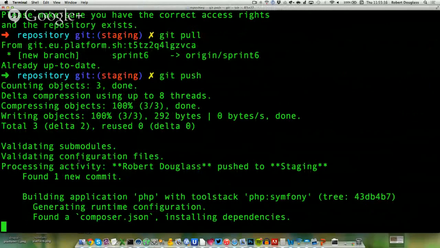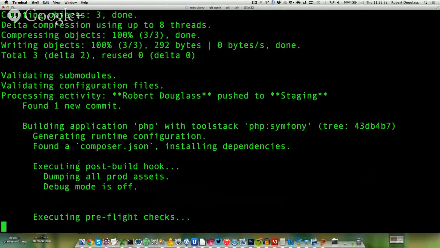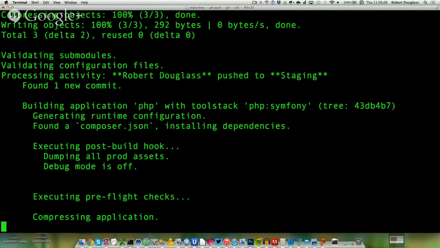So it's found composer.json. This is online. I'm just getting the logs, console output piped back to me. It's going to get all the JSON dependencies, so it's going to download all of those new. And then it's going to run a number of scripts that this Symfony application needs, like clearing the cache, removing the dev versions of applications. It's going to run those in the background, and once it's done that, it packs it onto a read-only file system,